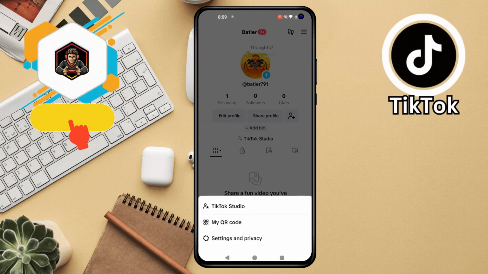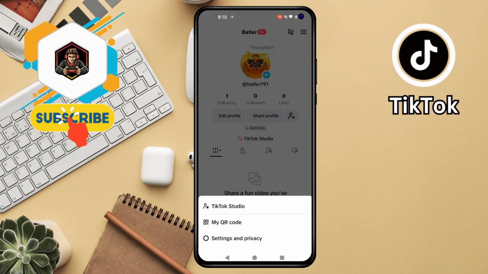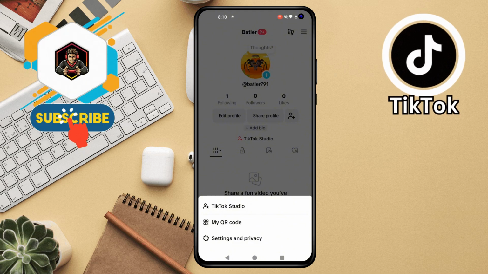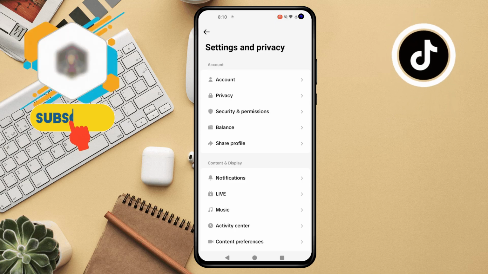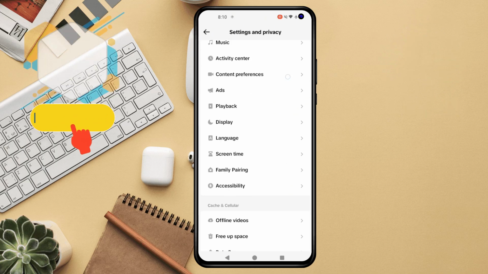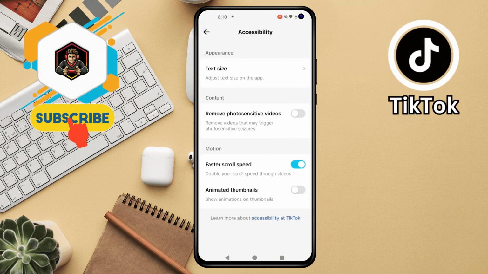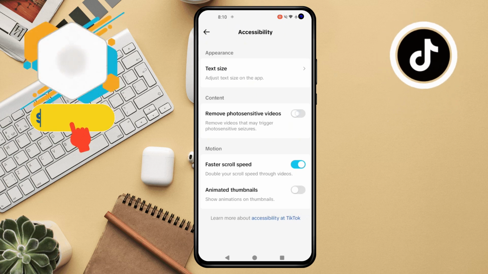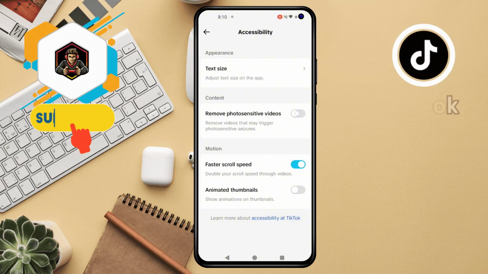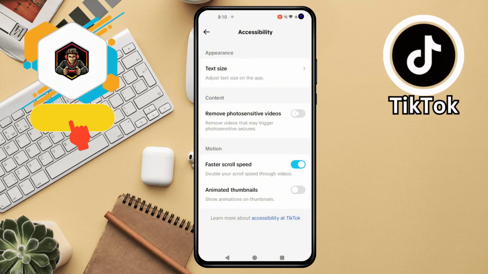Step 4. Now, locate the Settings and Privacy option at the bottom of the screen and click on it. Step 5. Next, scroll down the menu, find the Accessibility option and click on it. Step 6. Now find the Remove Photosensitive Videos option. Unfortunately, this is turned off. Final step. For the last and most important step, tap on the Remove Photosensitive Videos option to turn it on